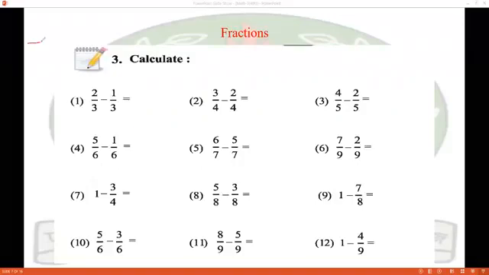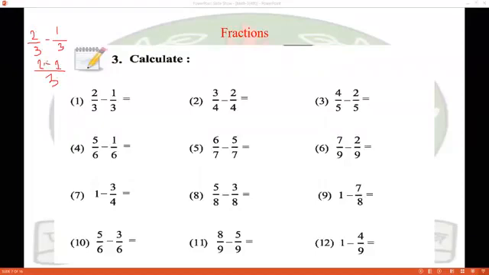We see that there is 2 by 3 minus 1 by 3. So there are common denominators. The LCD will be 3. When the denominator is the same, the fraction denominator and the result denominator are the same. So we simply write the numerator 2 minus numerator 1, because when you divide 3 by 3 you get 1.